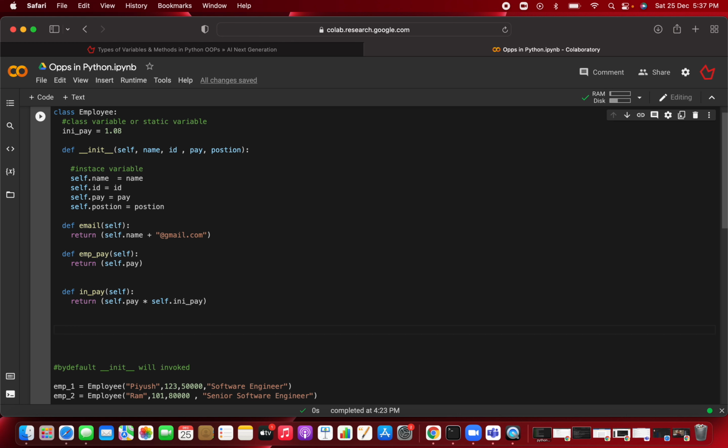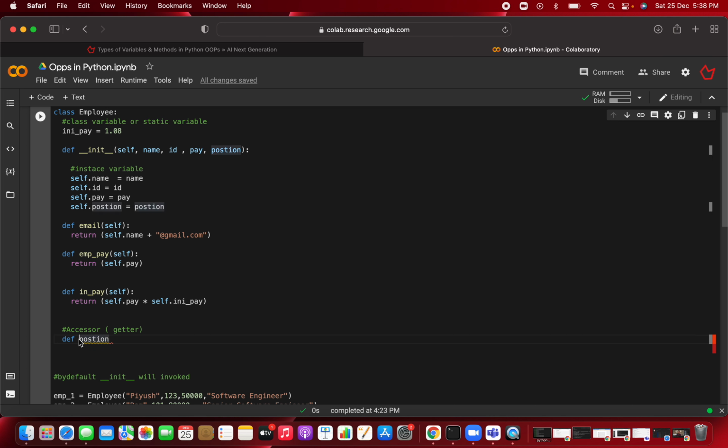So first of all, I'm going to create one for whenever you are going to access, okay, an accessor, or you can also call it a getter. You can call it the getter method or accessor method. So you are defining one method for that, and that particular method is the employee position. You can just write employee position. This method will take the first argument as self, and you are returning the current position of the employee. So now you are writing what you are going to return: you are going to return self dot position. That's it.